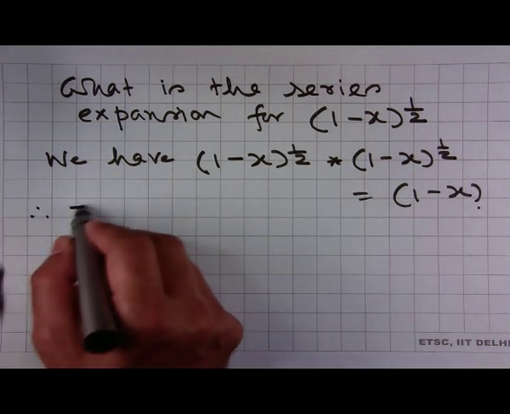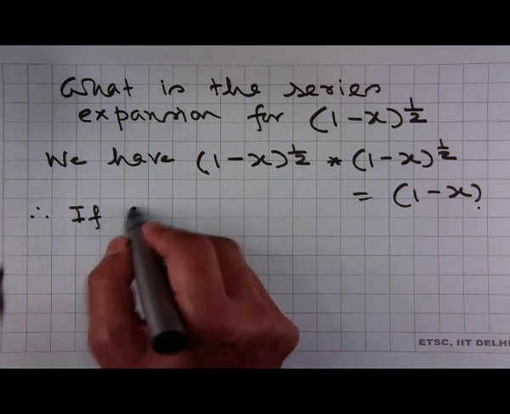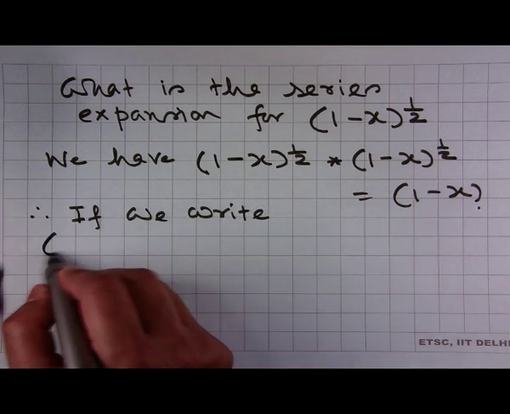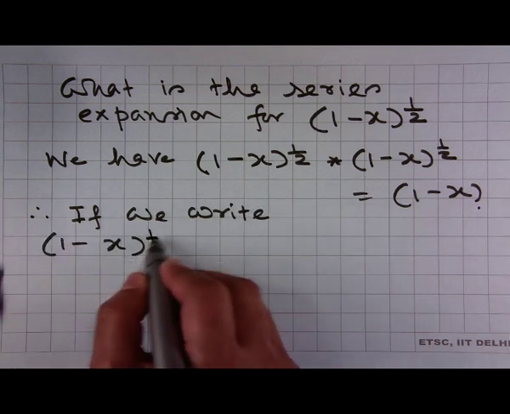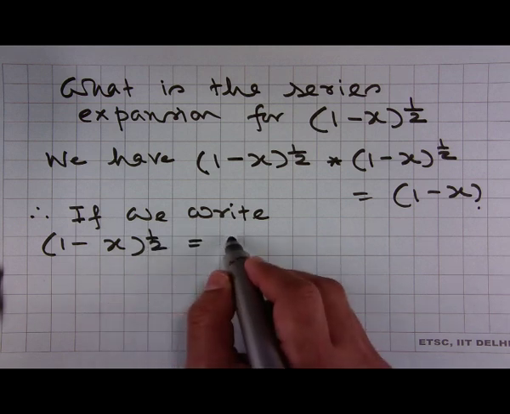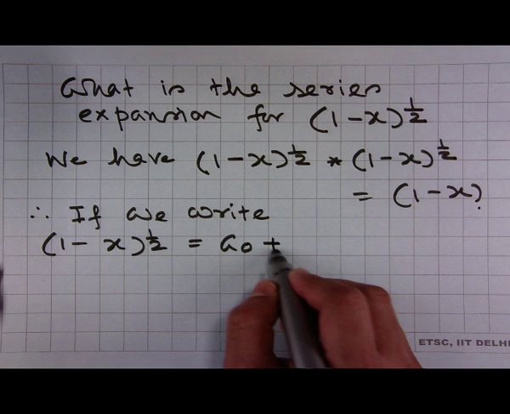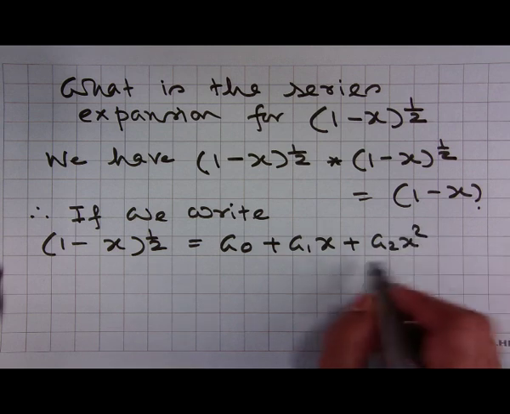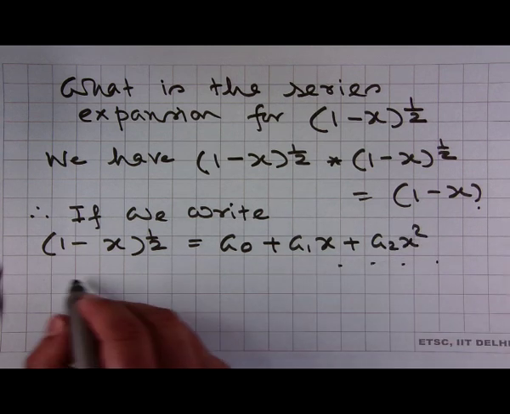Therefore, if we write (1 minus x) to the power half is equal to a0 plus a1 x plus a2 x square, etc.,